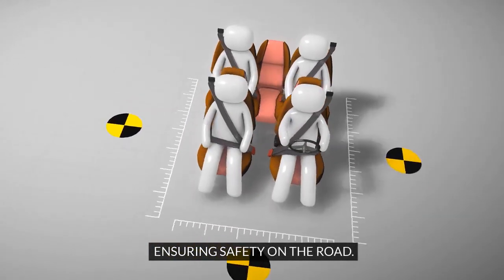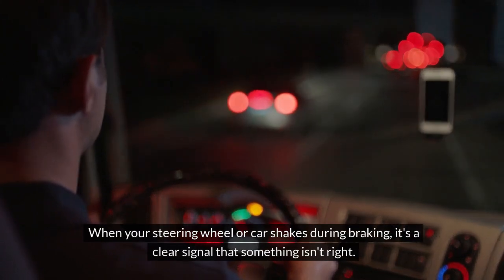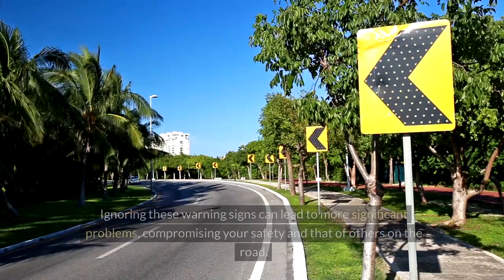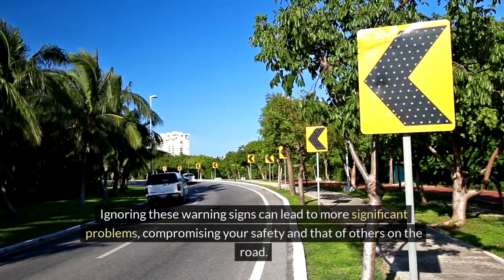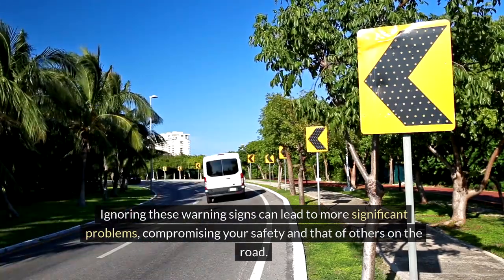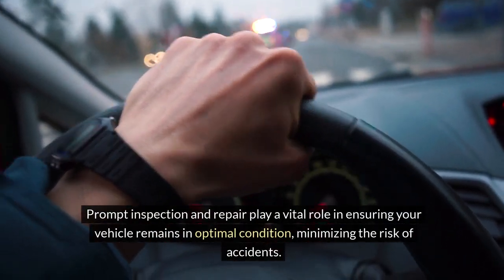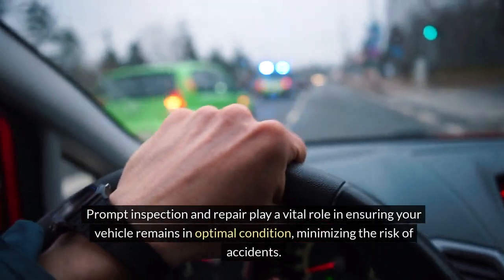Ensuring safety on the road. When your steering wheel or car shakes during braking, it's a clear signal that something isn't right. Ignoring these warning signs can lead to more significant problems, compromising your safety and that of others on the road. Prompt inspection and repair play a vital role in ensuring your vehicle remains in optimal condition, minimizing the risk of